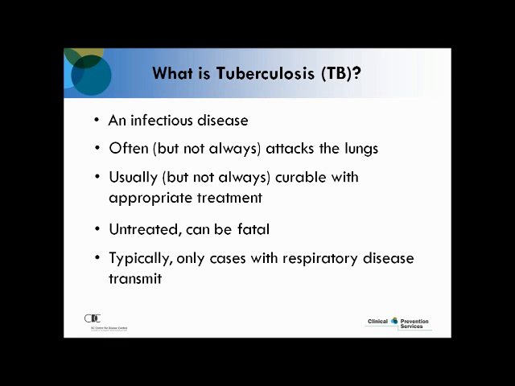So what is TB? TB is an infectious disease, as we mentioned, caused by Mycobacterium tuberculosis. While TB can occur anywhere in the body, including the lungs, kidneys, bones, and brain, it primarily attacks the lung. And when it's in the lungs, it can be aerosolized, and the droplet nuclei will come out, and that's when TB is infectious. You can have active TB disease and not be infectious. We're always very concerned in public health when it is infectious. Untreated, TB is fatal, but with appropriate treatment, TB is usually curable. However, it holds great potential for serious harm and can be fatal in